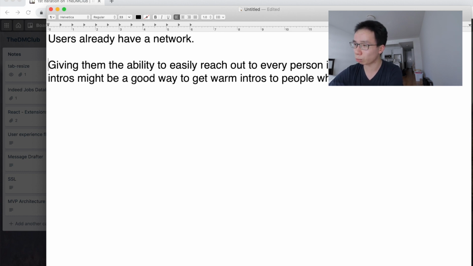And then the second portion of this is giving them the ability to easily reach out to every person in that network to ask for intros. Might be a good way to get warm intros to people who are hiring. Now that is an assumption that we're making about our users. We're assuming that if we give them the ability to reach out to everyone in their network in a scalable way, it will make it much easier to find a job,